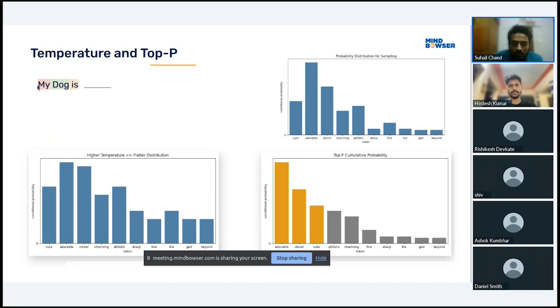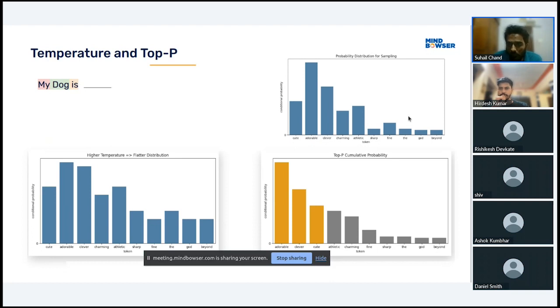So it has already generated a few tokens, my dog and is. It is about to generate the next token. Here it has given a list of suggestions: cute, adorable, clever, charming, etc., good, beyond, etc., and also their probability values. Here adorable has the highest probability to be placed here,